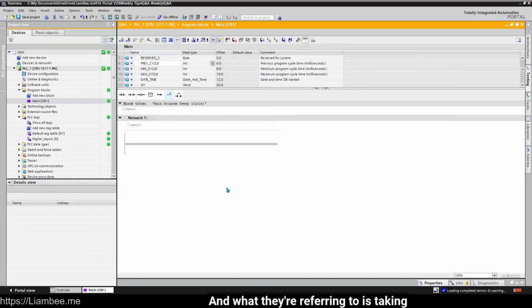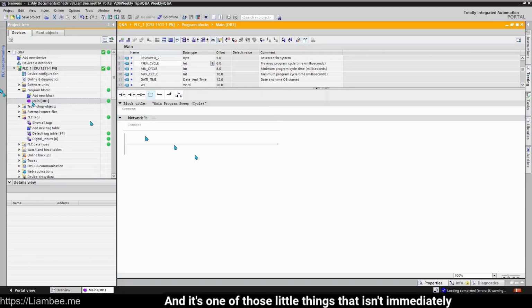And what they're referring to is taking a function block from your project tree and dropping it into an instance, an OB1 or another function block, creating an instance of it, and the interface actually having data already assigned to it. And it's one of those little things that isn't immediately obvious, but let's go ahead and create a function